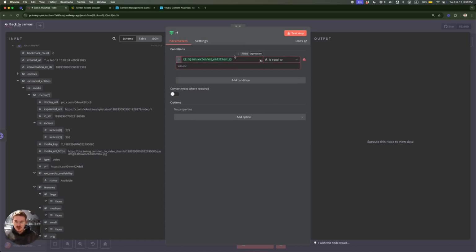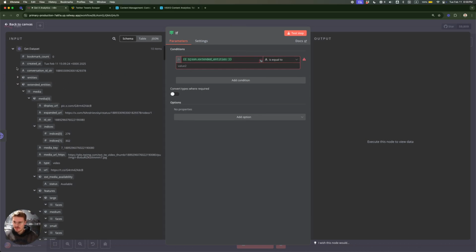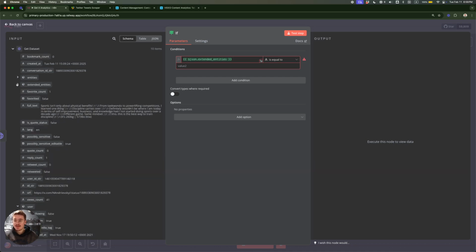So just search for extended entities in the input. If it does not exist, because sometimes the latest item that you scraped did not have an attachment, this field will not exist. So in that case, just type